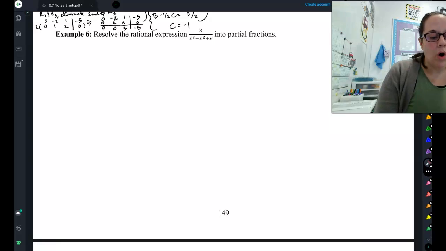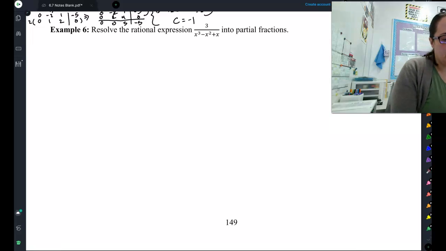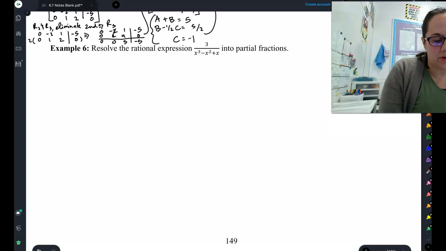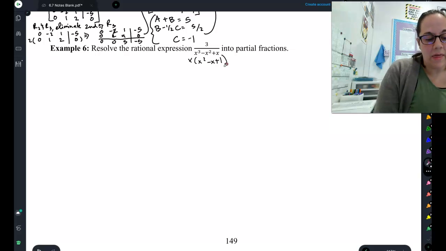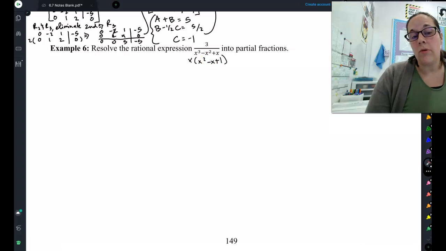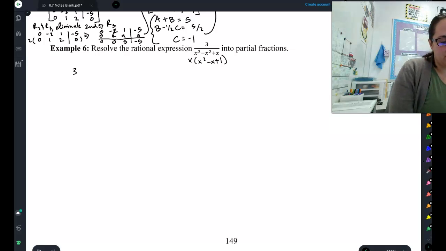Let's try one more case where we've got irreducible quadratics, and then we'll move on to the last case for the day. So this one, notice our denominator is not factored, so step one, I do need to factor this denominator. They have an x in common, so I can factor that out. Then you'd notice very quickly, this is actually not factorable. You can use quadratic formula to show that, or just try to factor it in your head. It's not going to work. So that means this is an irreducible quadratic,